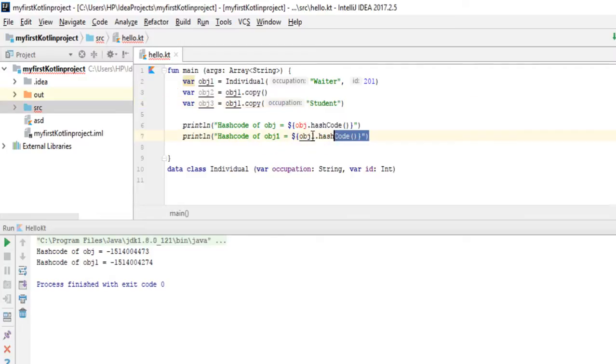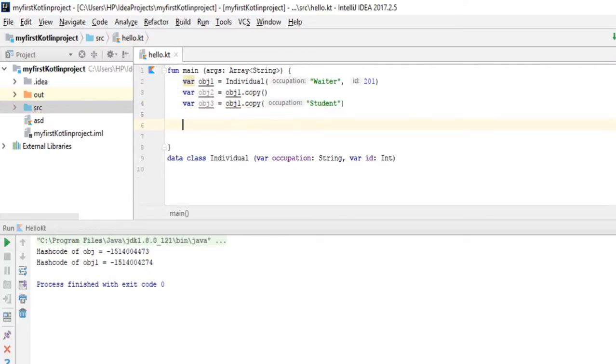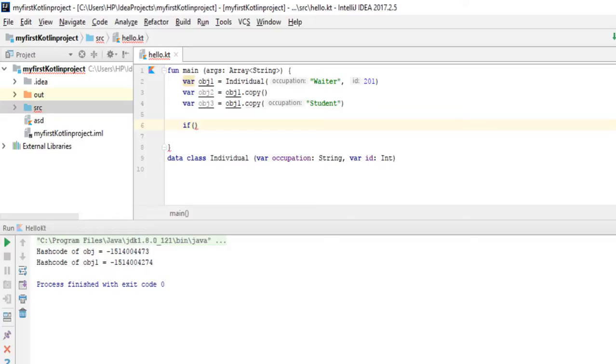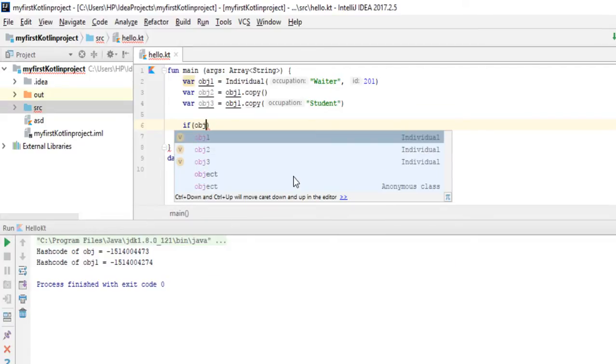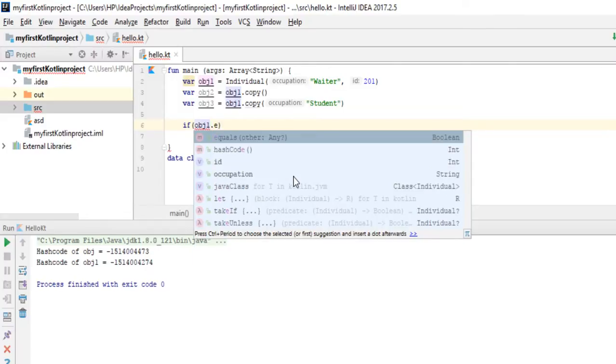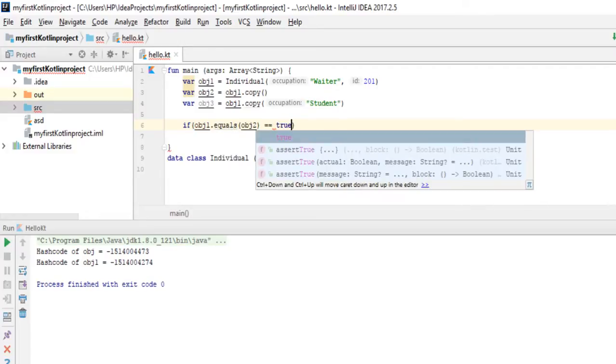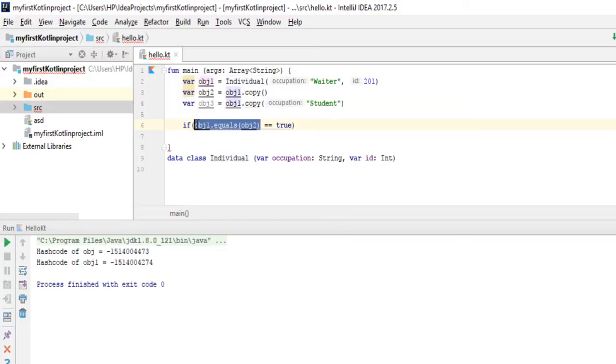Now I'm going to remove these lines, and now we will use the equals method to check if these objects are equal or not. So if condition, if object 1 dot the equals method, and inside the parameter I'm going to pass object 2. So now object 1 and object 2 are compared. The result of this expression will be either true or false. So I will use the equal signs relational operator. If the result returned by this equals function is true, then this condition will be true.